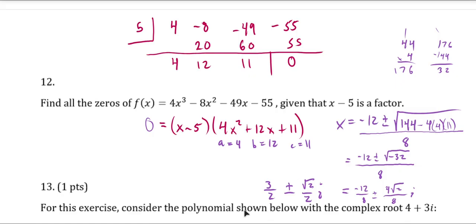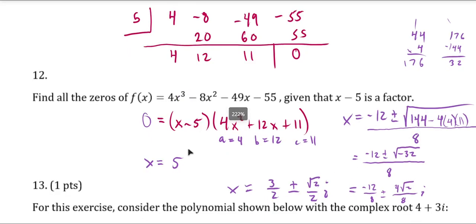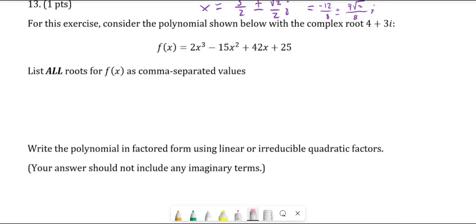How do we know that's all of them? Well, because we have 5. So if this is 0, x could be equal to 5, or x could be equal to these two. And the fundamental theorem of algebra tells us that it's only going to have at most 3 zeros if each zero has multiplicity 1. To address problem 13, what we want to do is first note that if a complex